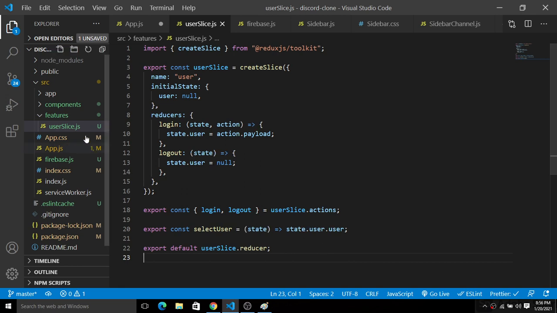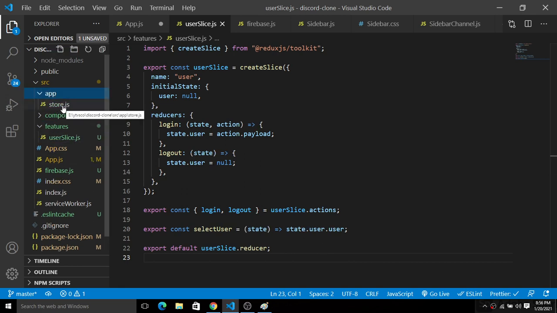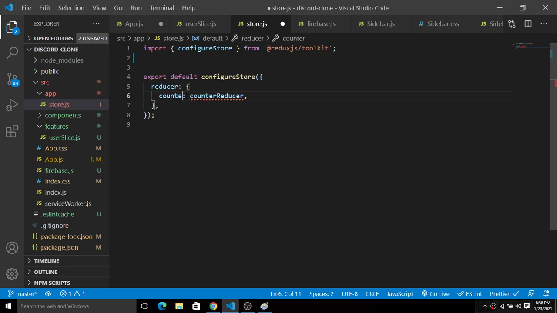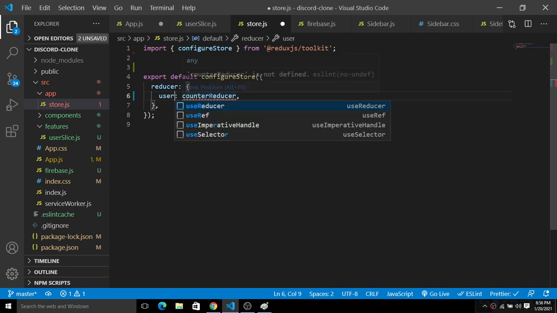Fine. Now save this, go back to your app.js, and now inside this store you guys have this counter reducer. So instead of this counter reducer, grab this and delete this, and here we have this user. So we have the user reducer.